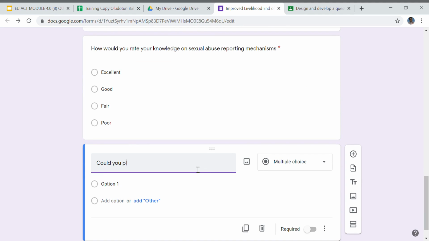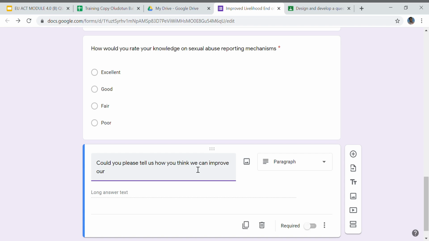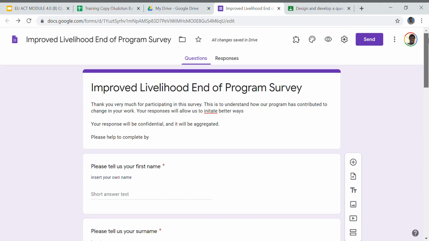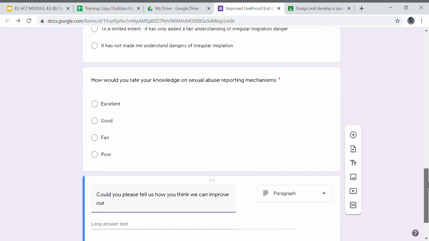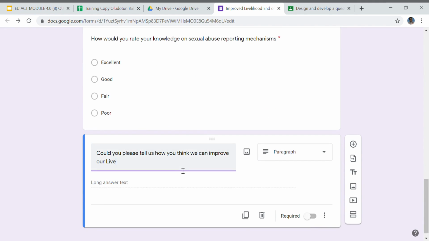Could you please tell us how you think we can improve, what's the name of the program? Okay, livelihood. So it comes as, and you do not necessarily need to make it required, because I mean you want people